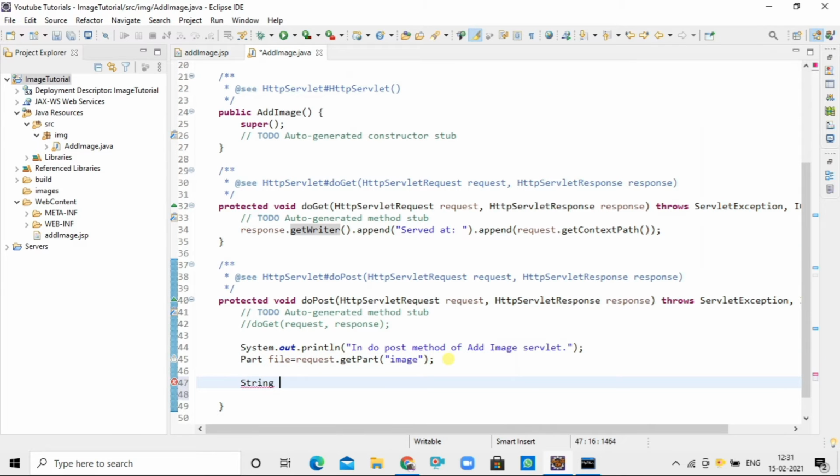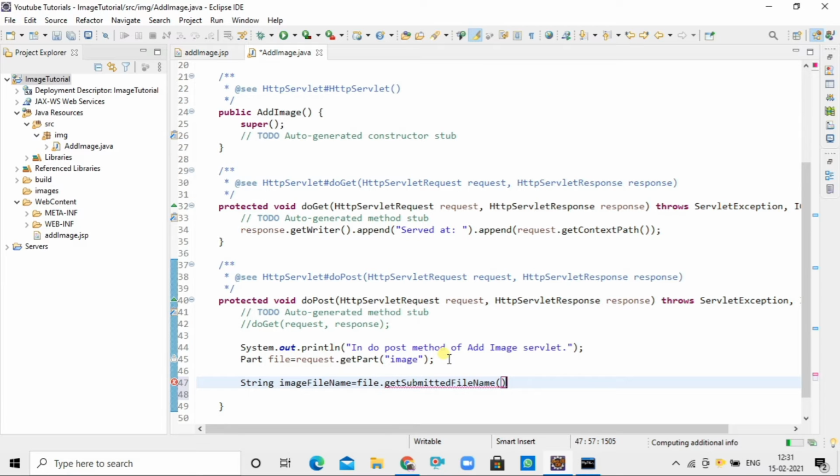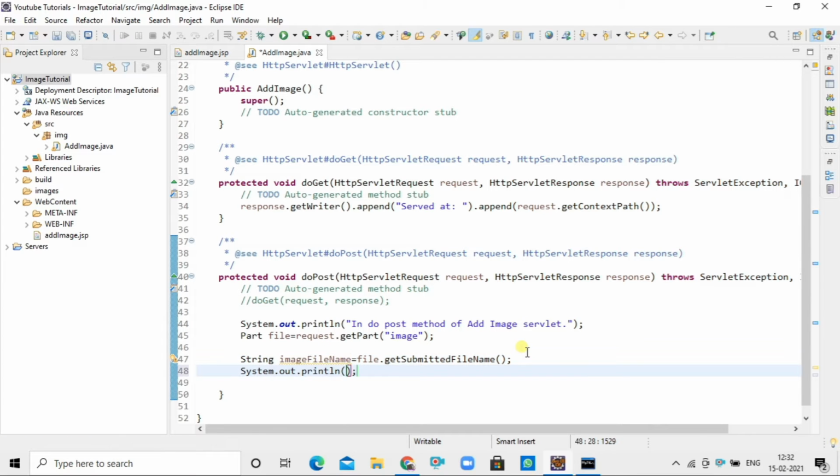So in our servlet, we have fetched the image in the form of Part. Firstly, I will get the image file name by using the getSubmittedFileName method of the Part class. For checking, I am simply printing it here.